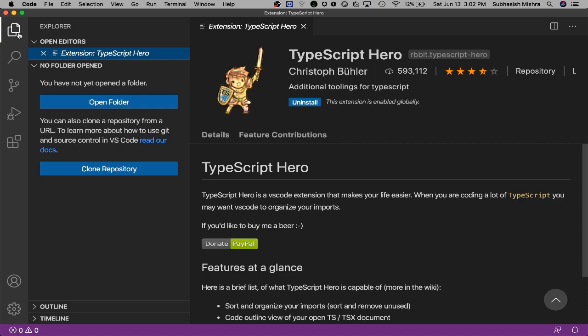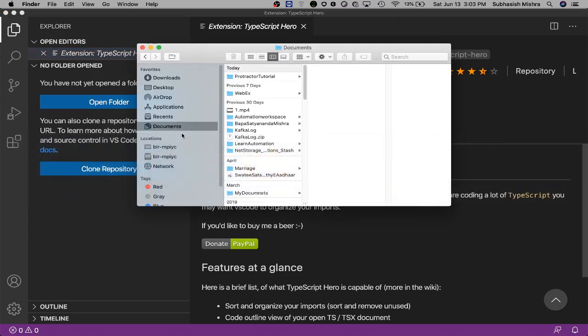Here you see different options like Explorer, then search, then source control, then run, then extensions. Here you can see an option to open a folder, or you can create a folder also. For example, in the documents I have created this folder, protractor tutorial, and I just want to open this folder.